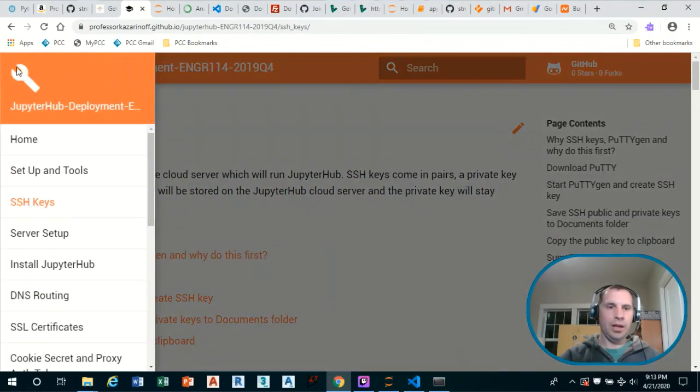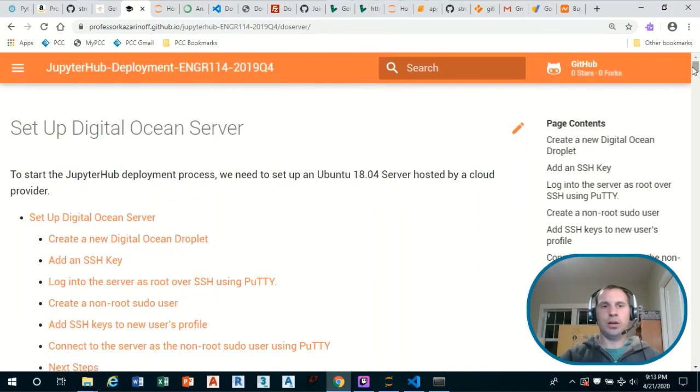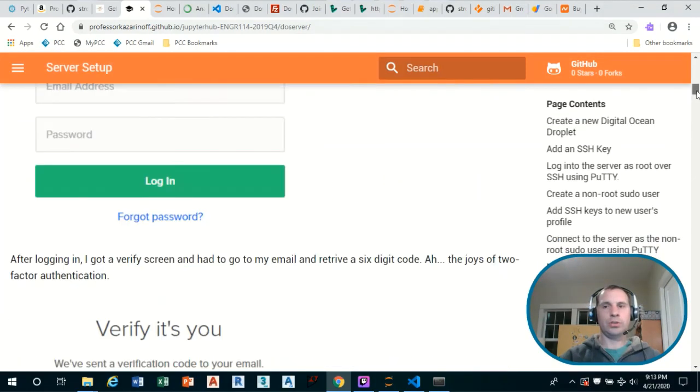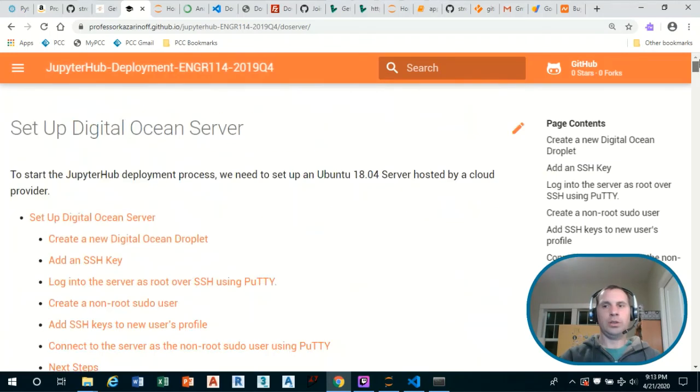And then after we create the SSH keys, we'll do our initial server setup. We'll create the virtual machine on Linode. We'll make sure our SSH keys are there. We'll log into the server, and we'll create a non-root sudo user on the server. So all that stuff is coming up next week.